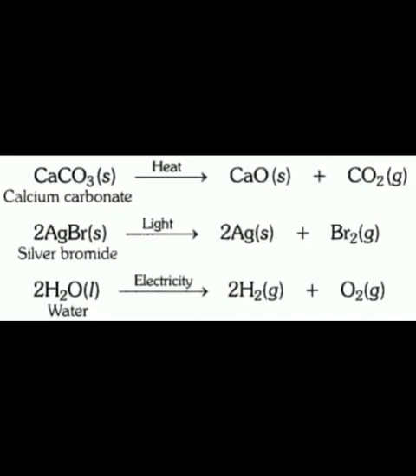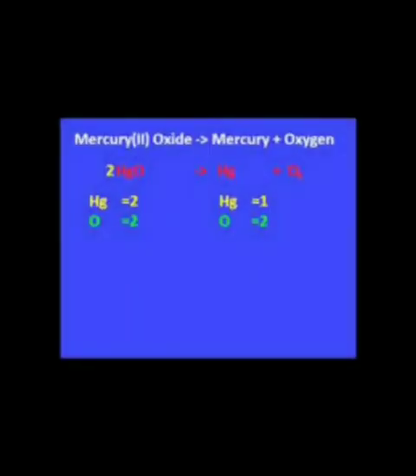Okay, so let's see some other examples. Here you can see mercury oxide. Thermal decomposition applies to oxides, hydroxides, carbonates and nitrates. So let's see one by one. First, the oxides. When mercuric oxide decomposes, it produces what? Mercury plus oxygen. Potassium to copper oxides are stable to heat. Understood? So 2HgO, when decomposed, produces mercury plus oxygen.